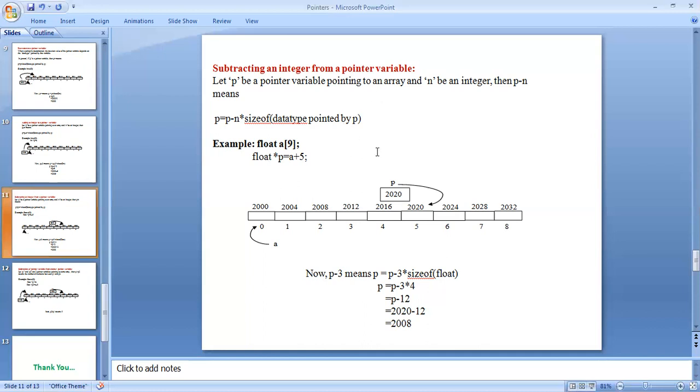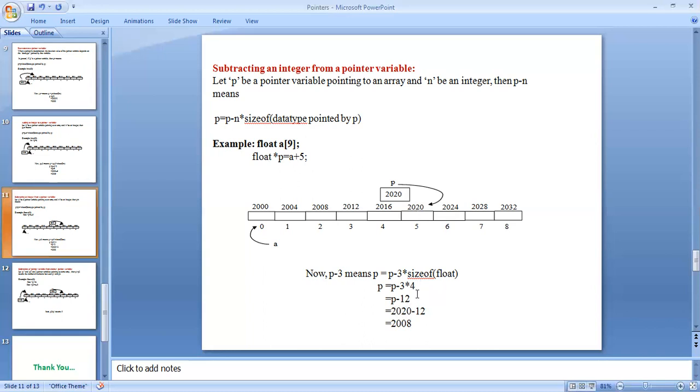Now P minus 3 means P equal to P minus 3 times the size of float. Actually P's address is 2020, which is array index 5. Initially A's index is 0, 0 plus 5 is 5, that's why array index 5 is 2020 and P's value is 2020.